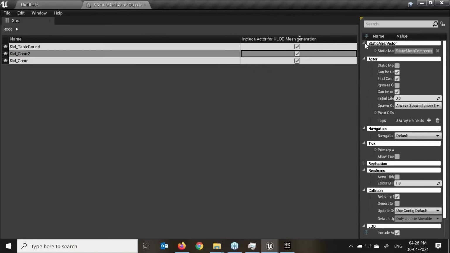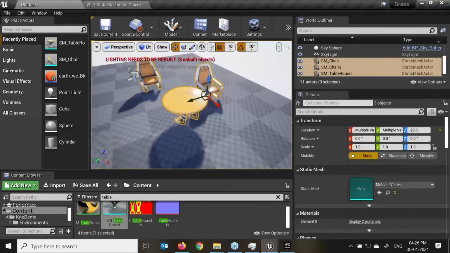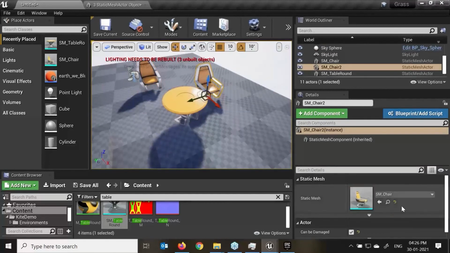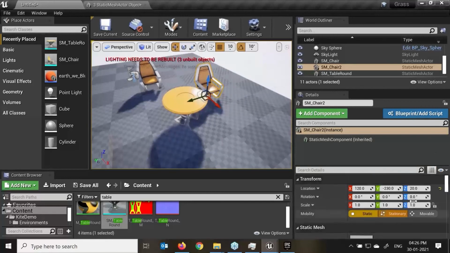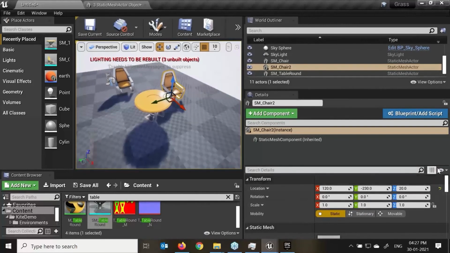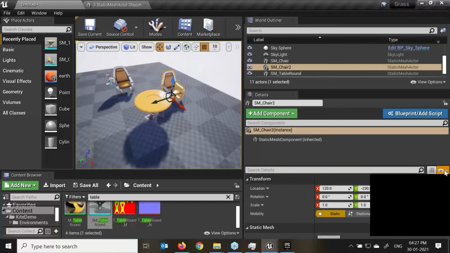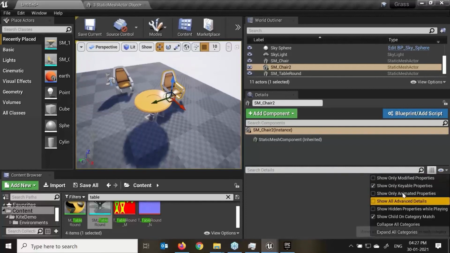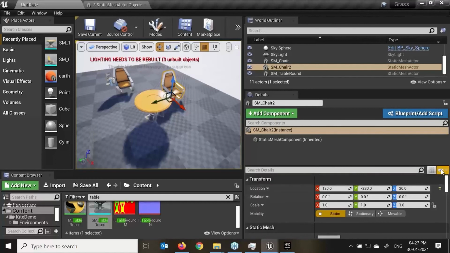Click over here. Here we have the value. So that is the concept of the property matrix over here. If I see the show only modified properties, whatever property I've selected where I can do modification, only that I can see over here with the help of this. Otherwise I'm able to see everything of that particular object. After the property matrix, we have these eye icons over here. Show keyable properties, which keyable property is animated, only that can be visible. Show only animated properties, where I can do animations, show only that, right?